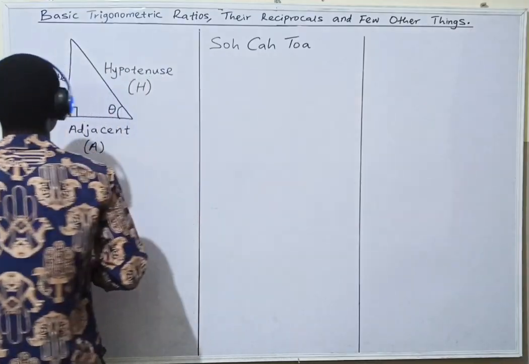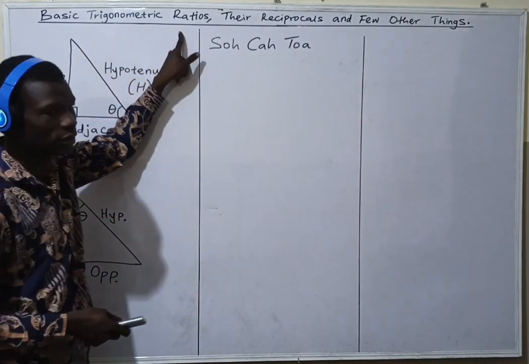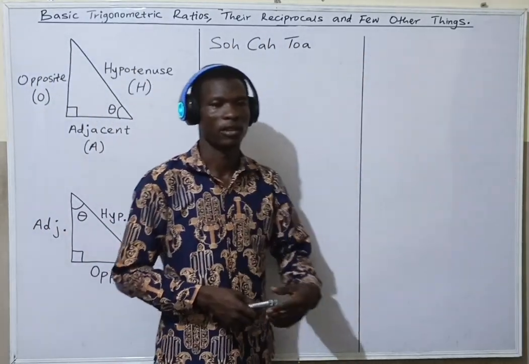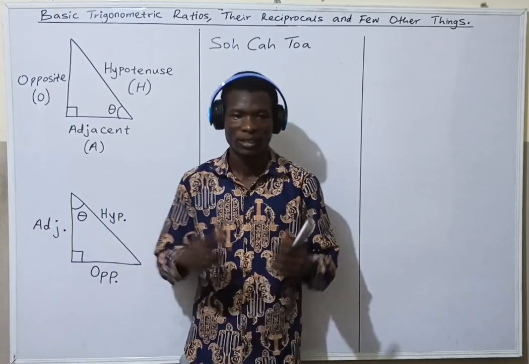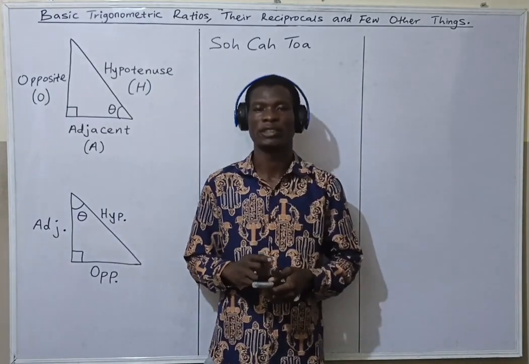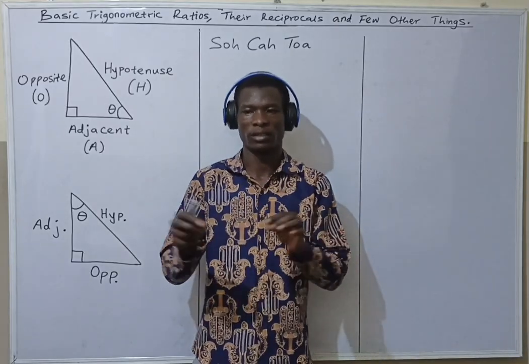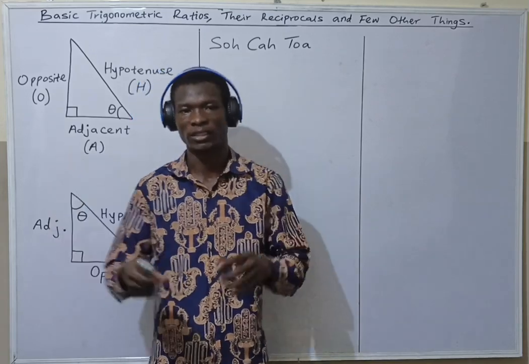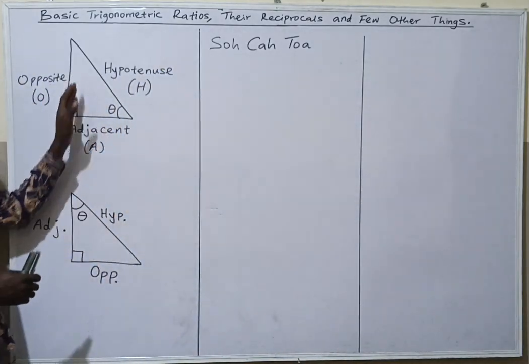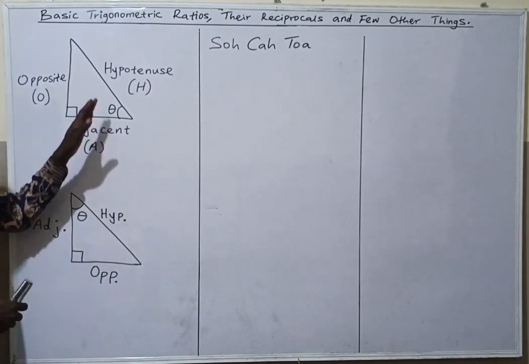Before us are the basic trigonometric ratios, their reciprocals, and a few other things that we'll be looking at. This is the introductory aspect of the beautiful concept of trigonometry. We'll just be saying a few little things that start the big concept of trigonometry. To start, we are looking at right angle triangles and how to label their sides. So if I call this triangle A,